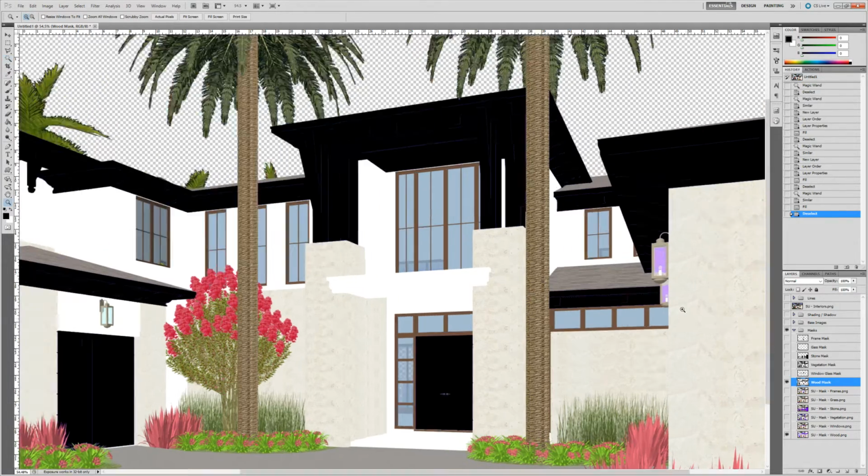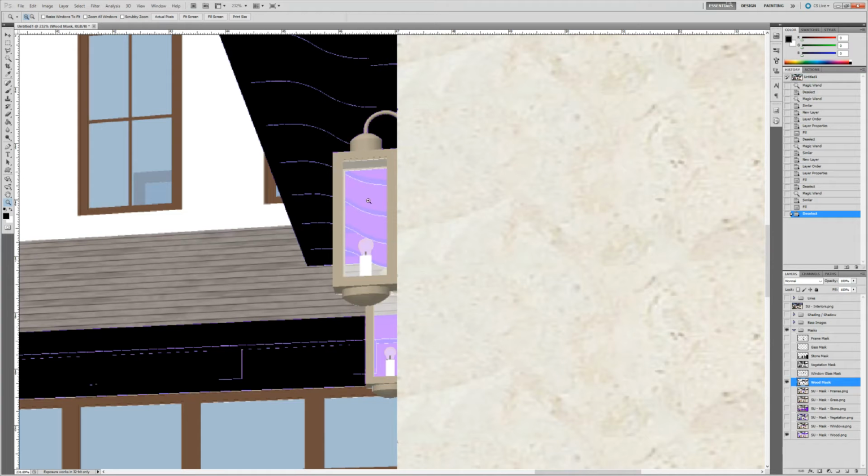You can actually see that there's some wood that's going on behind this glass. We might even want to be able to get that, but maybe not, because if we mask things out, it might mask it out differently. So we're going to go ahead and leave it right now. We can always even come back,